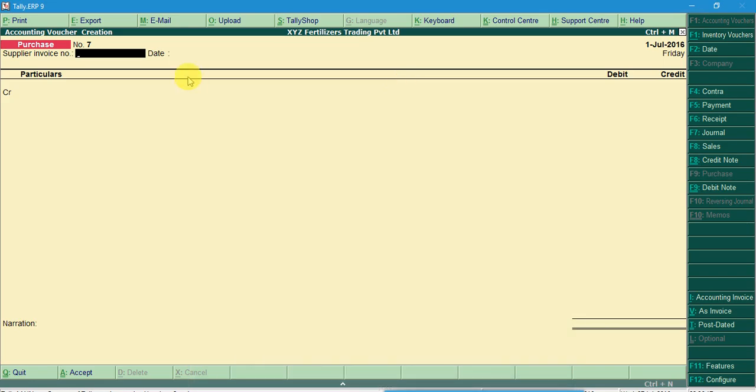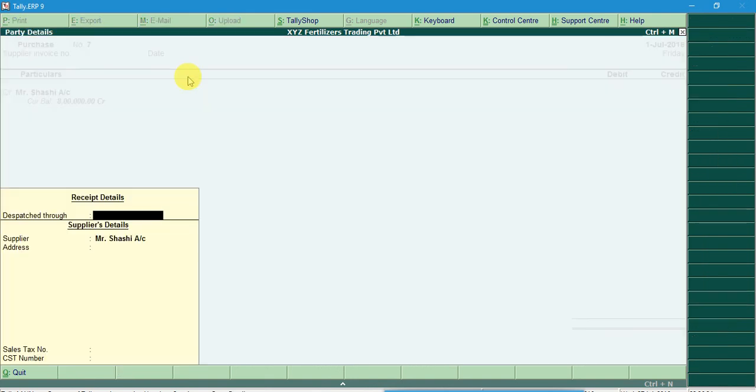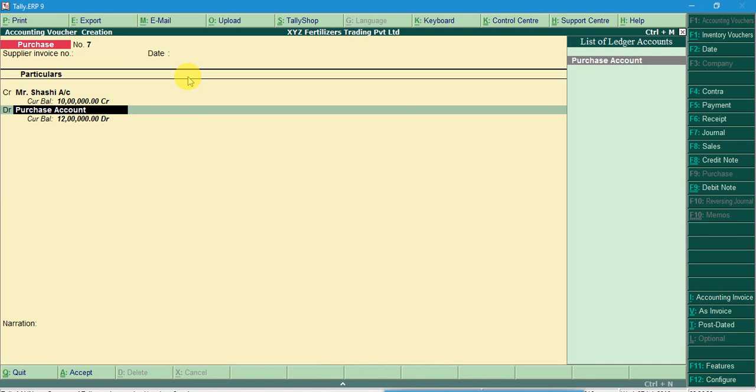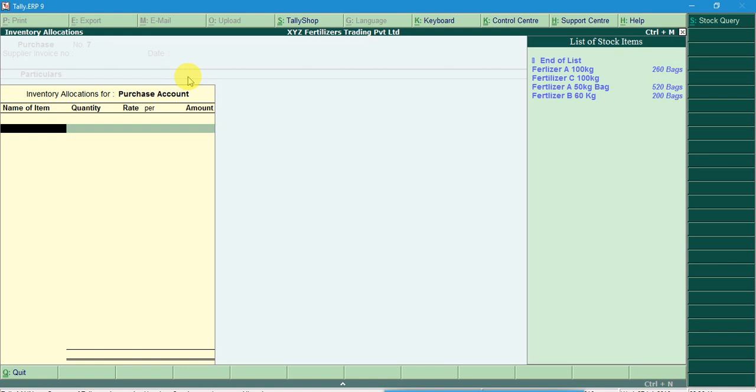Now let's create Mr. Shashi's account. There you have to fill the supplier details, 2 lakh. This is the purchase account. Now by pressing enter you have to name the items, making a list of the items purchased from Mr. Shashi.